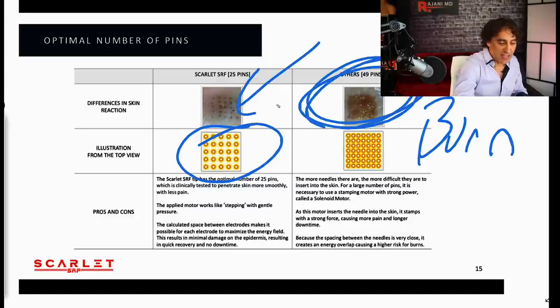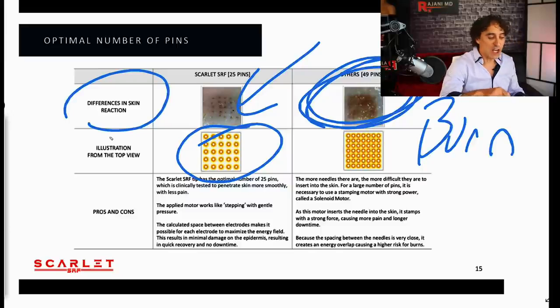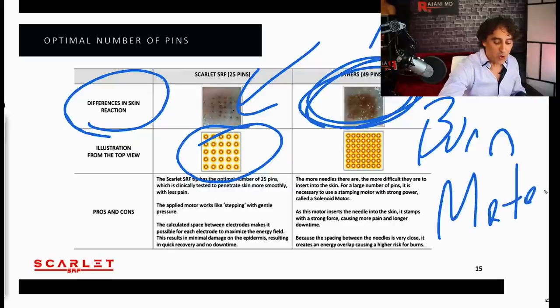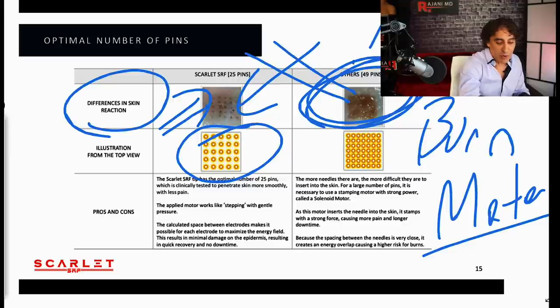This is another device, and you can see there's 25 pins in the SCARLET, okay? And so that's an optimal number for its megahertz, and for the amount of heat and power it produces, and for the motor. It all works together very precisely to give a good result. And that's the difference with getting cheaper or knockoff versions, is the skin's response, certainly downtime, but what I worry about here, side effects